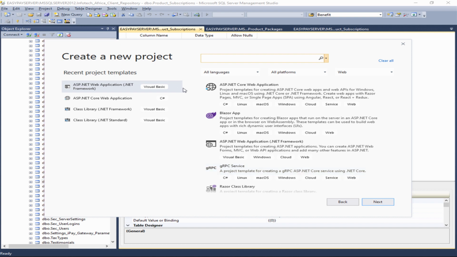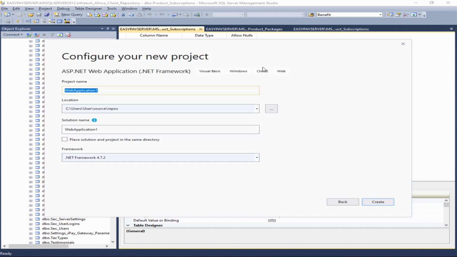So in this case, we are doing, what did we say? ASP.NET web application with .NET framework and Visual Basic as our language. So we're going to select that. We say next. Okay, we'll give this a name. We'll call this demo